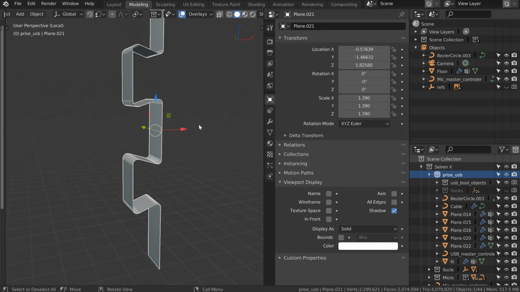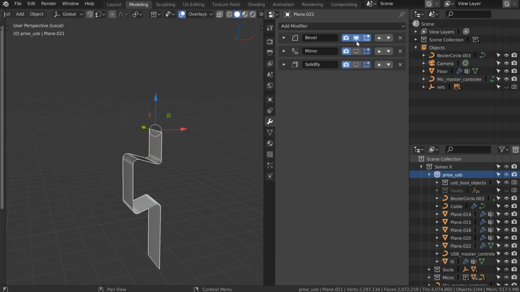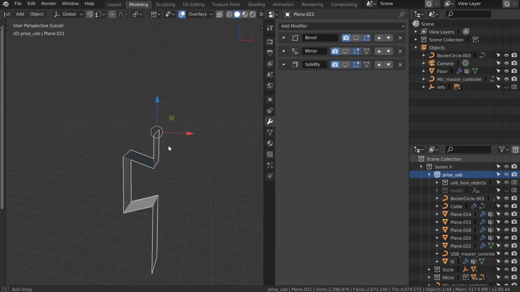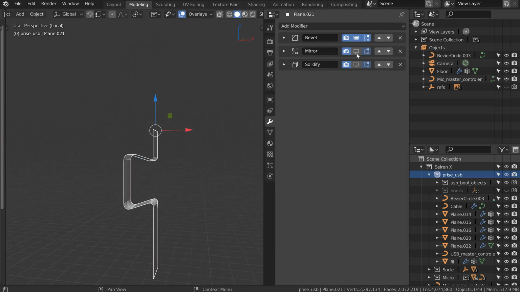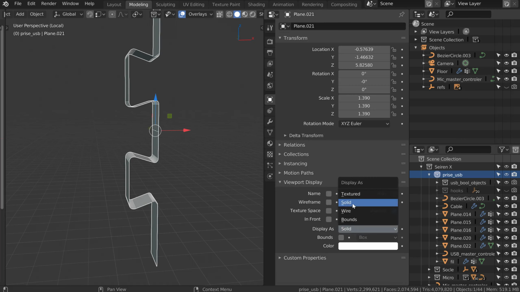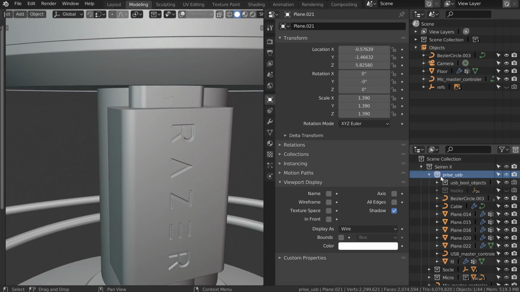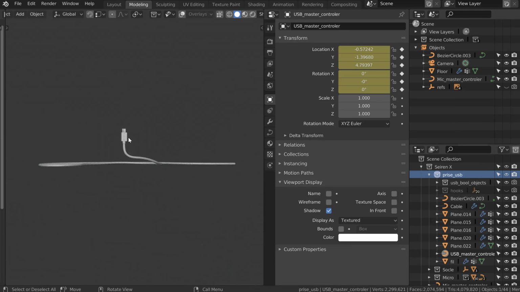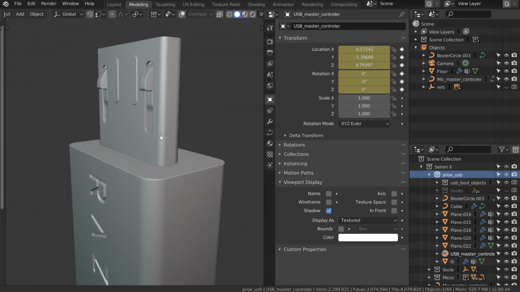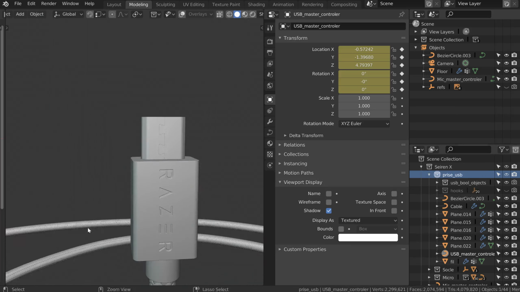And even on the bool object, if I hide all the modifiers, come here, as you can see, this is that. So with the modifiers like that, I can edit the other object. So I will choose wire to keep it, and I will have directly my result, really nice. So select object, zoom. As you can see, all the details.